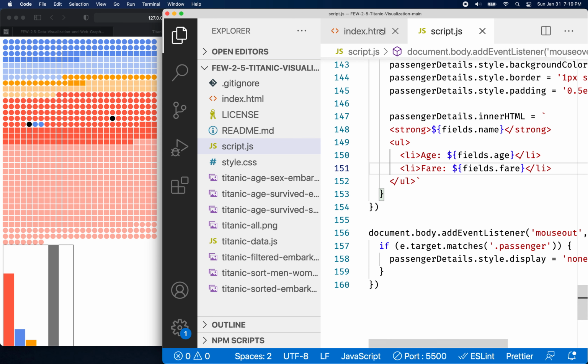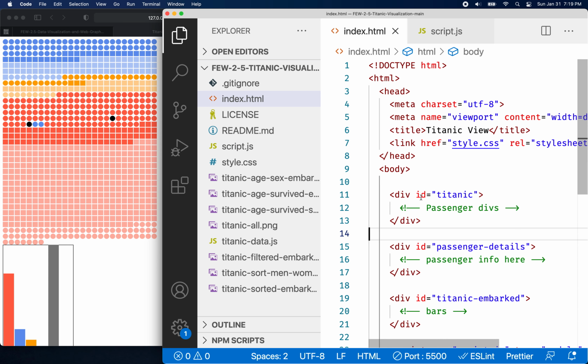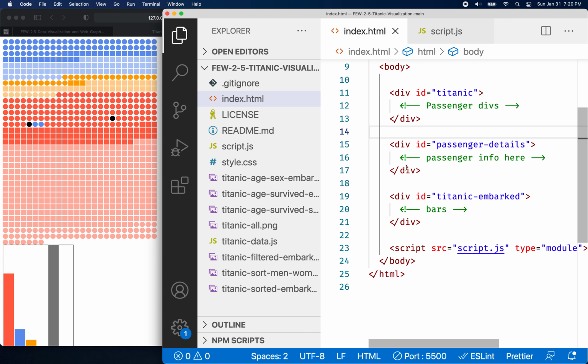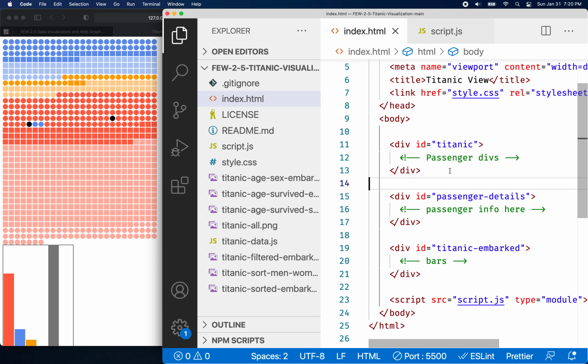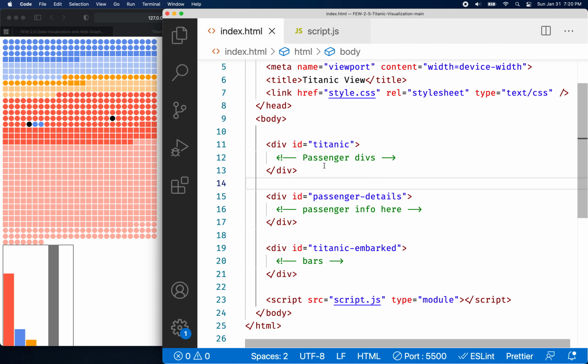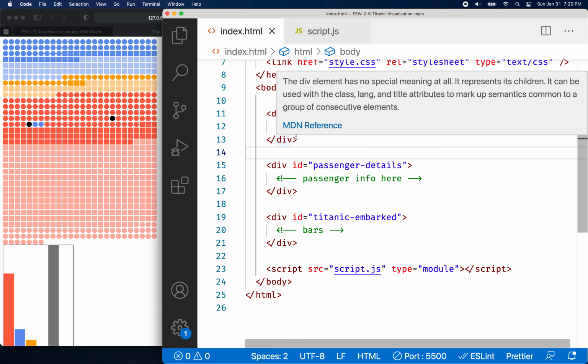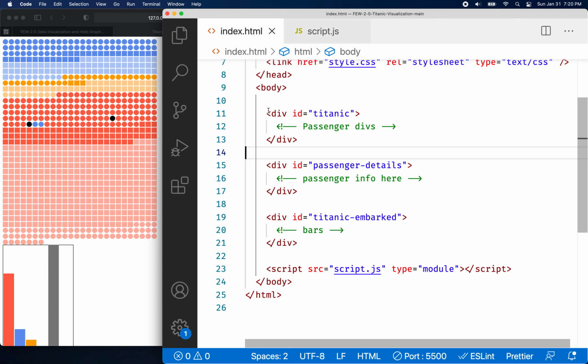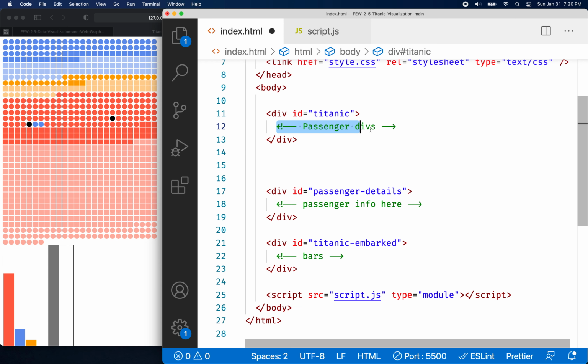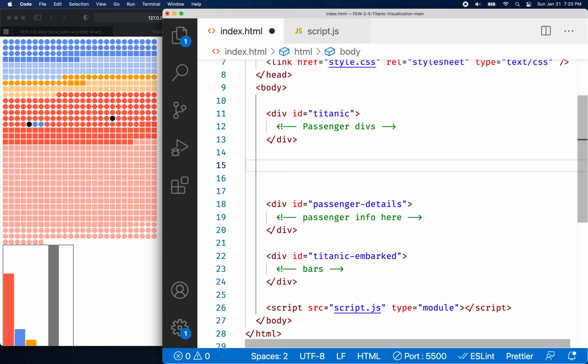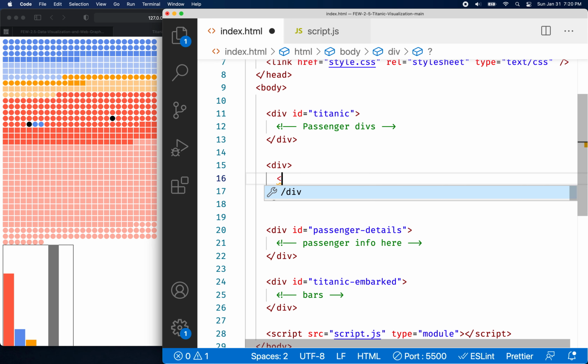So first of all, we need some buttons, right? So let's go to our HTML document here, and our Titanic passengers are here. Remember, we're adding all the passenger divs inside this div, so I think it's best for us to maybe put our buttons outside, right? And you could add some more markup here if you thought that it would help arrange things on the page, right? So what I think I'm going to do is add another div,